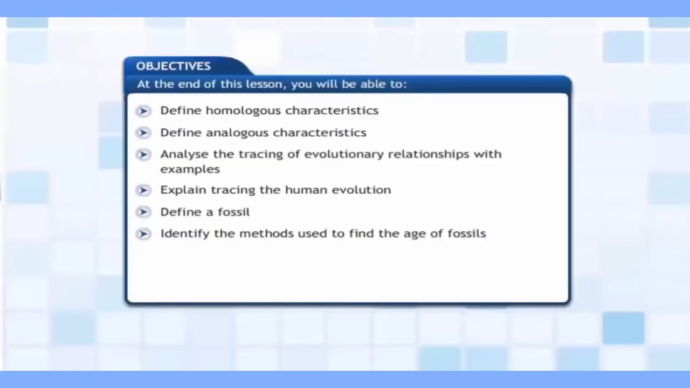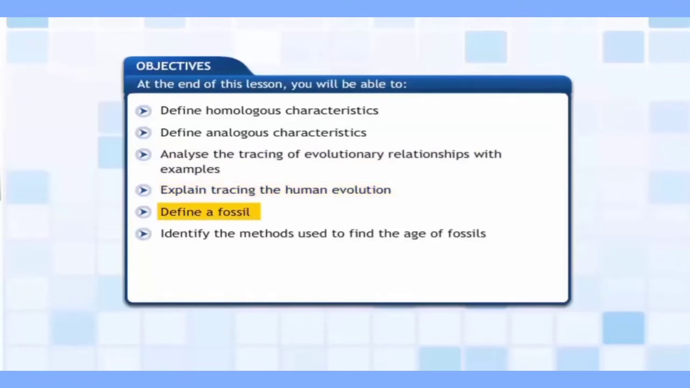In this lesson, you will learn about evolutionary relationship and human evolution. At the end of this lesson, you will be able to define homologous characteristics, define analogous characteristics, analyze the tracing of evolutionary relationship with examples, explain the tracing of human evolution,